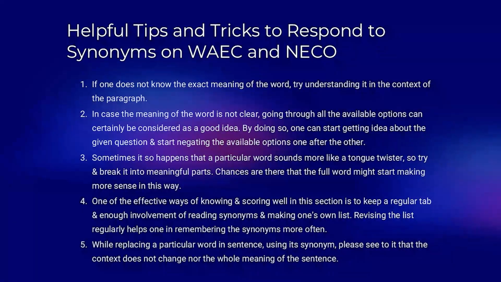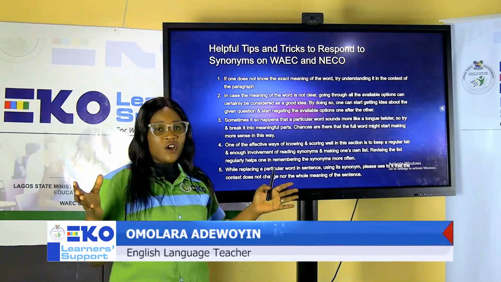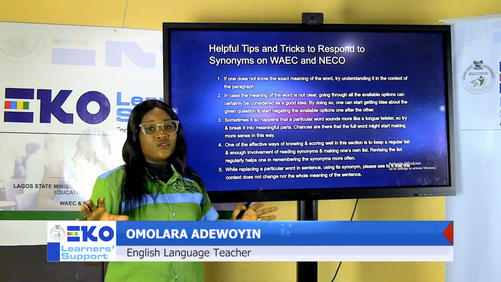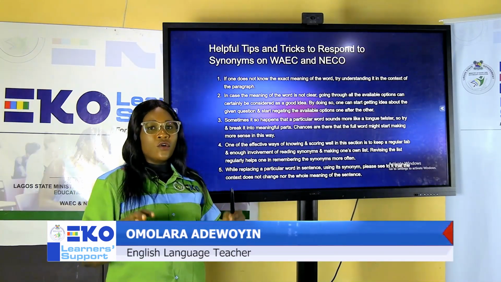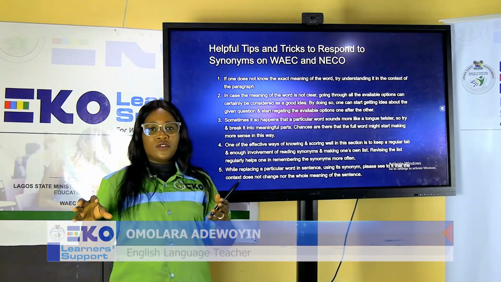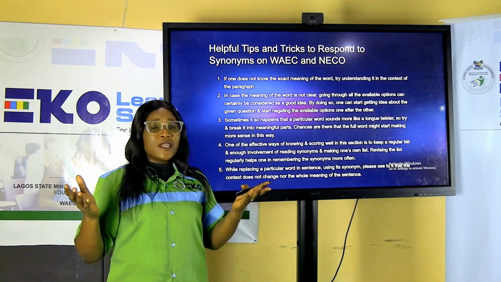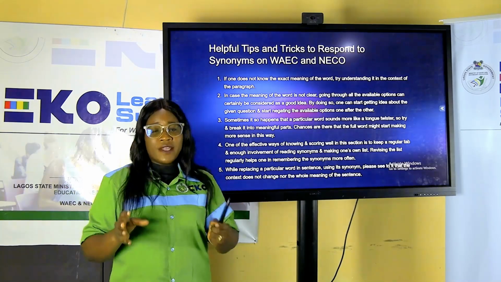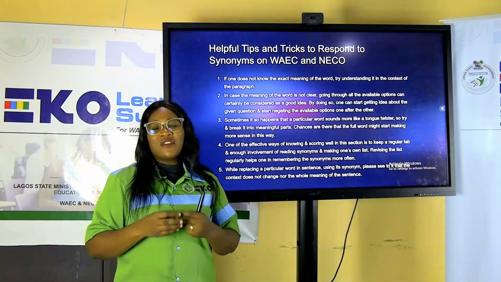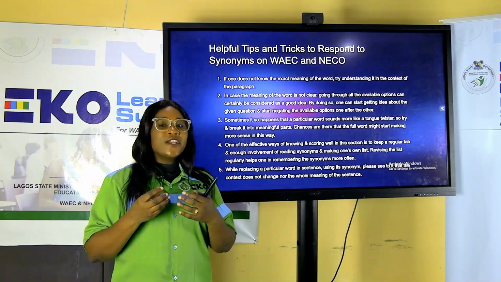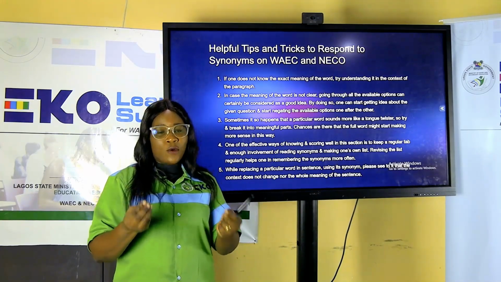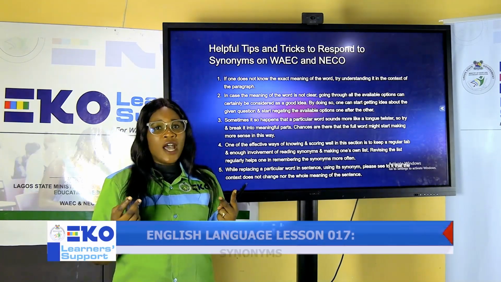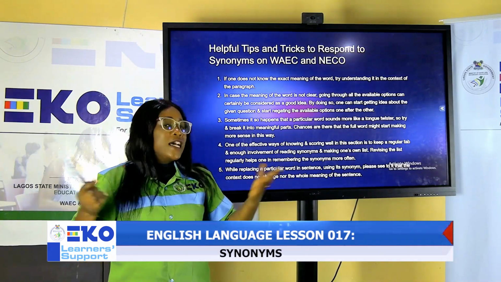2. In the case where the meaning of the word is not clear, going through all the available options can certainly be considered a good idea. If the meaning of the word is not clear in the sentence or in the paragraph where it is used, you can go through all the given options. You can deploy the elimination method. Take out which ones are not likely to be the answers, and then you may be left with one last option or two more. And when you have two, of course, you have a 50-50 chance of getting the